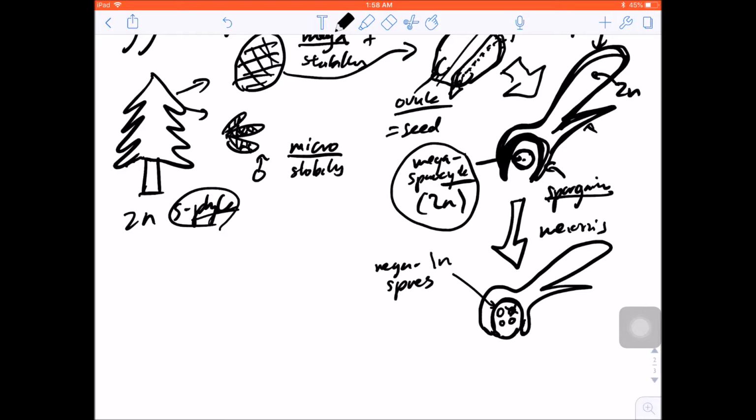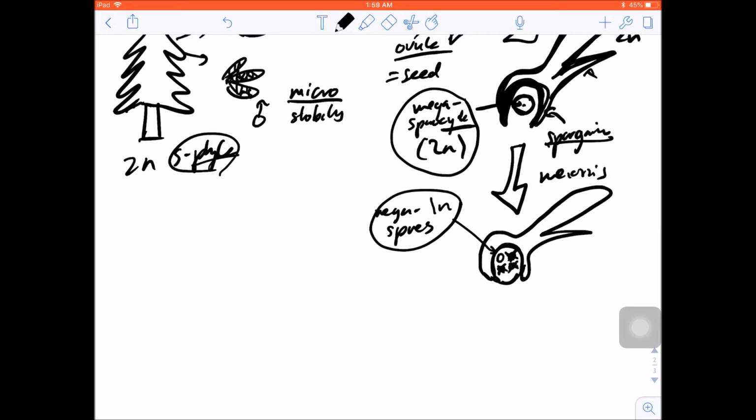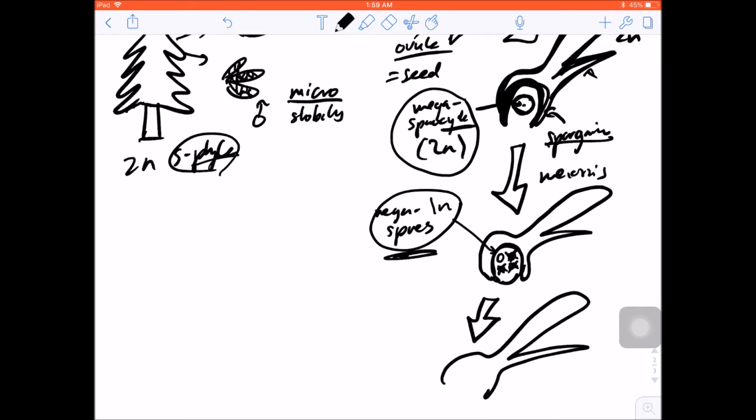Instead, what happens is, in the female plant, at least 3 of these, they're not the female plant, the female cone, 3 of these spores abort. So what you're left with is 1 remaining megaspore. And remember, what germinates from a spore in the ferns is a gametophyte, right? In this case, the spores don't actually germinate because they don't have to sprout out of a hard shell. Instead, the 1N spore, the megaspore, just develops through mitosis,